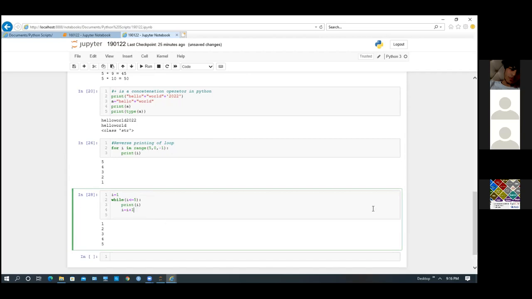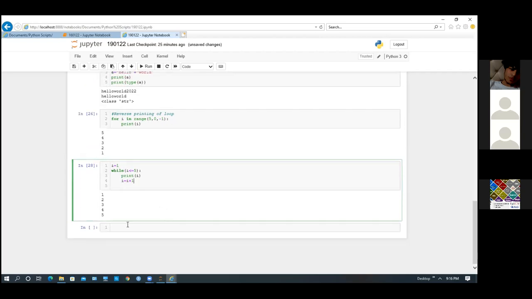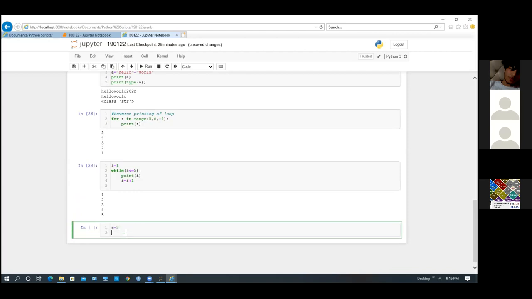Okay, sir, if we want to do multiplication, the same thing using a while loop, how will we do it? Simple. Suppose A equals 2. I am not taking user input now.